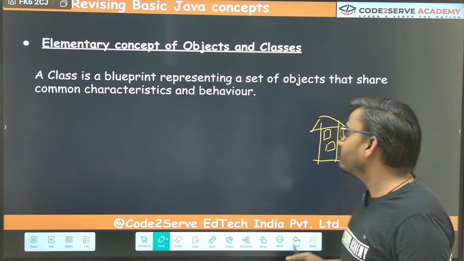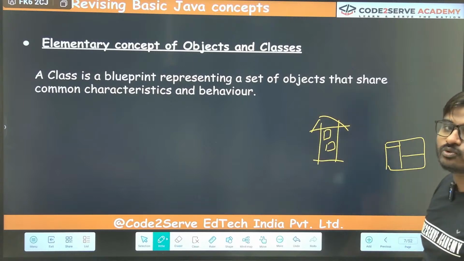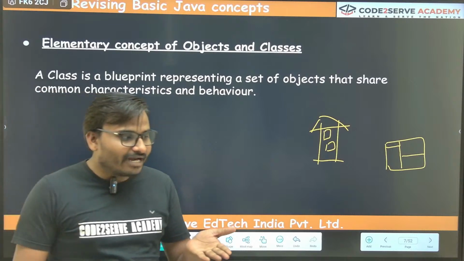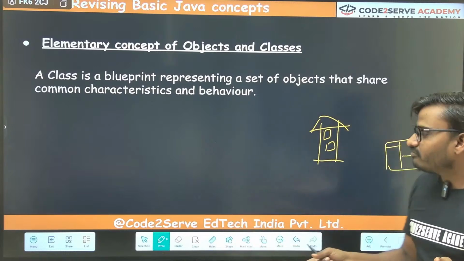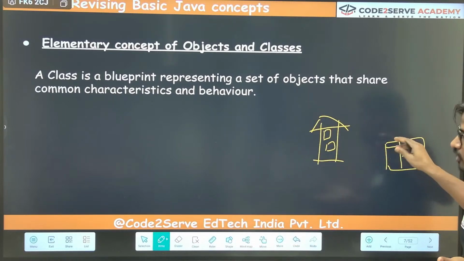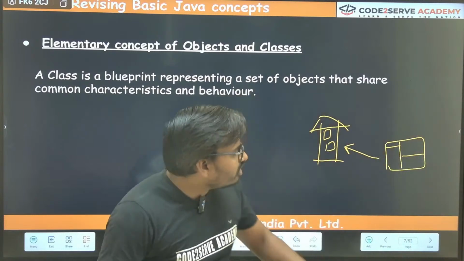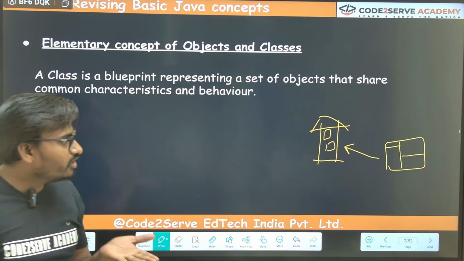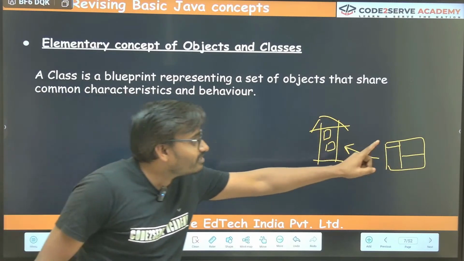That means first you are trying to get a blueprint, right? Like here will be my one room, here will be the other room, here will be my other room, and so on. So this is what? This is a blueprint, right? And all the workers that will be constructing those buildings will use this blueprint to construct an actual home, right? So this one that you see on your paper, that is not actual. On your paper, using which we are going to construct a home, this is called a blueprint